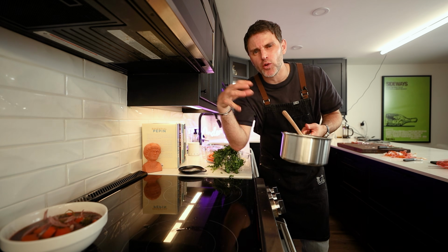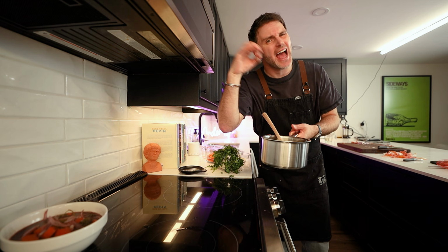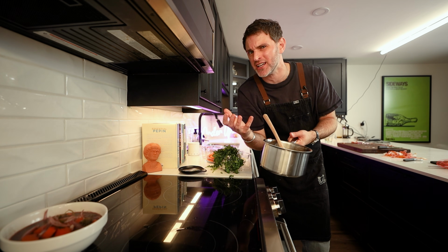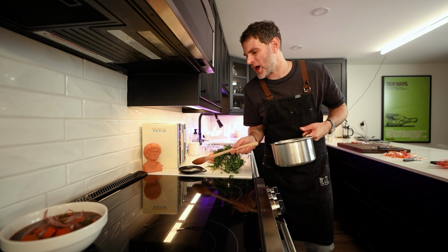You want the alcohol in the wine to reduce down. You want a concentrated wine flavor, then you add the veal stock afterward to get the richness and the savoriness, right? That's what I'm thinking. So why would I follow through with that if that's not...